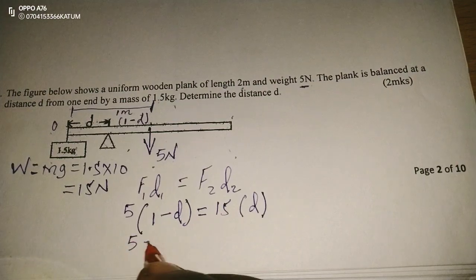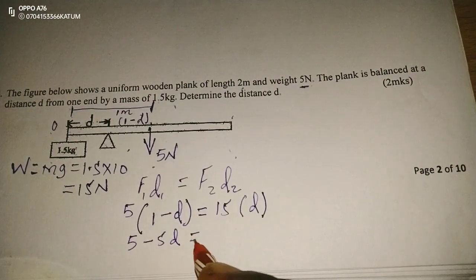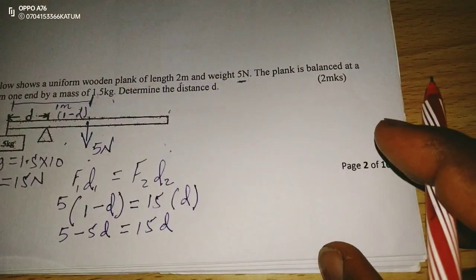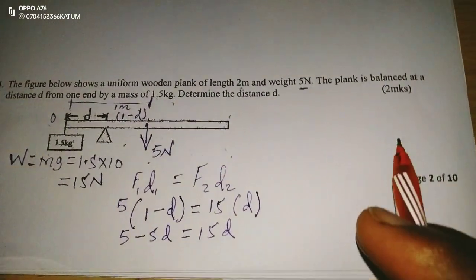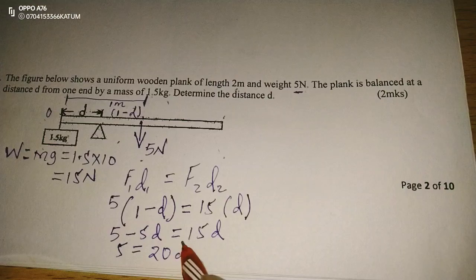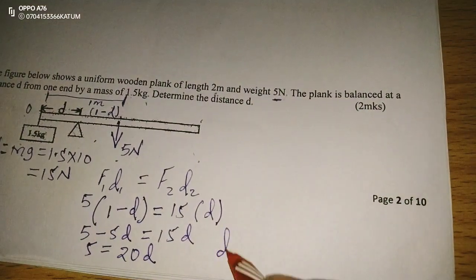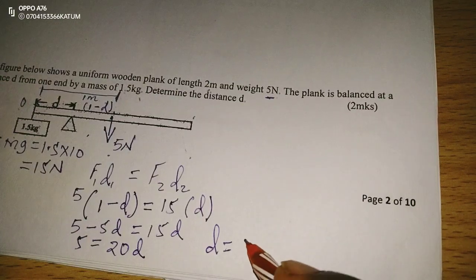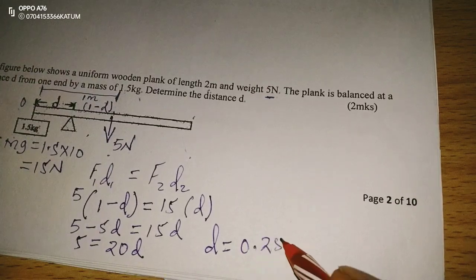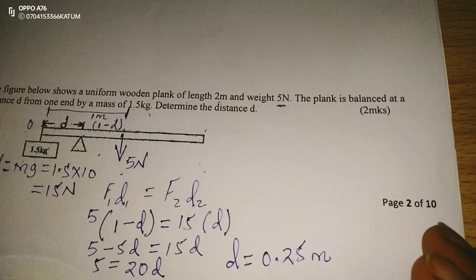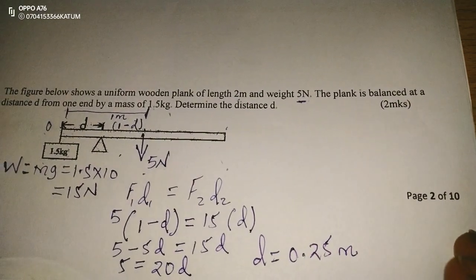So this is going to be 5 minus 5d equals to 15d. Then now we group like terms together, whereby we shall remain with 5 equals to 20d. Then to remain with d, we can divide through by 20. So 5 divided by 20, this gives us 0.25 meters. So the pivot is at 0.25 meters, or rather the